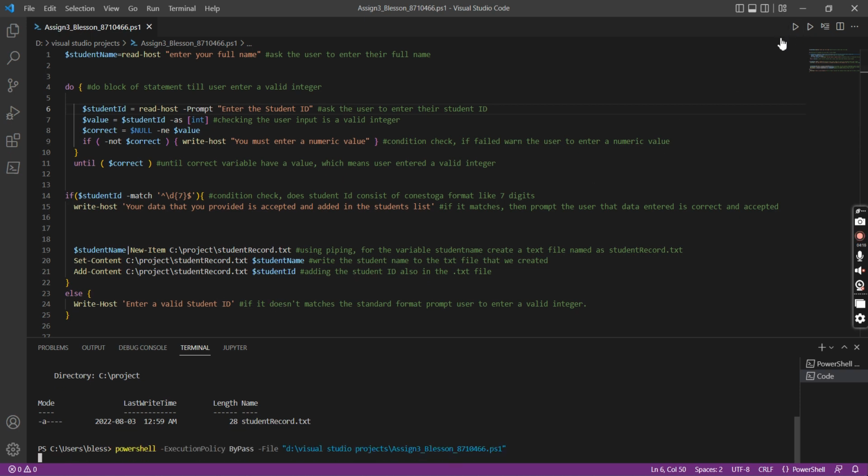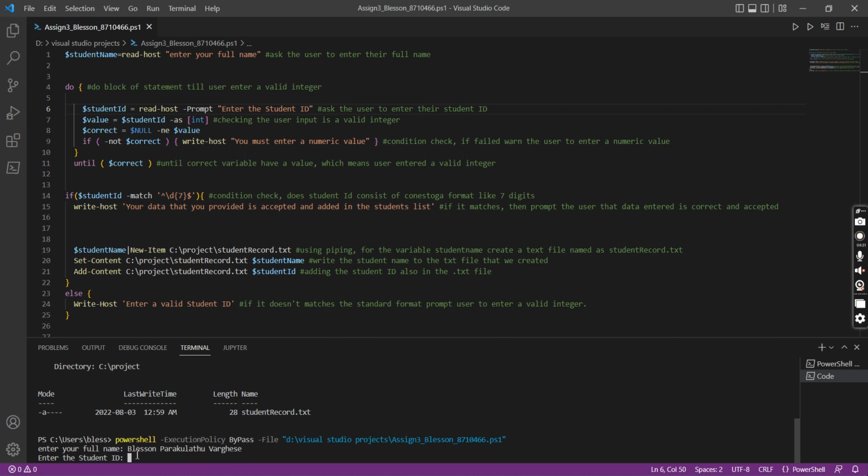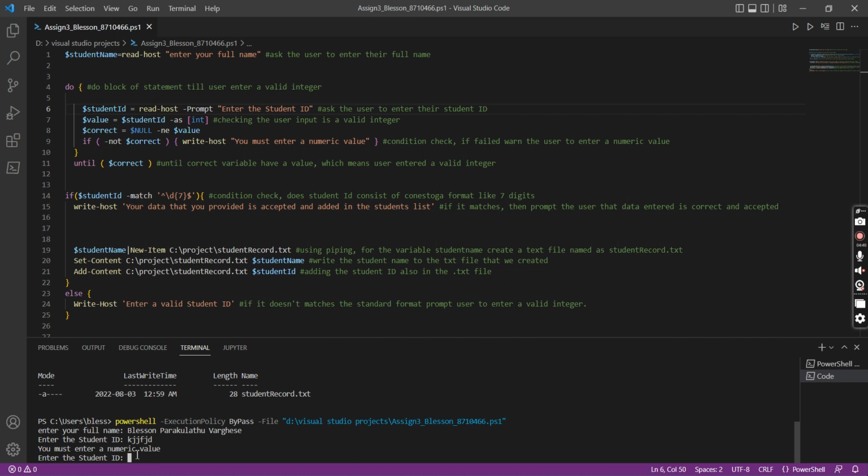So when we run this program, it asks to enter your full name. For example, I will enter my full name here, Blesson Paracular Varghese. So that's my full name. And then enter the student ID. In this case, for example, if I enter a value that is not an integer, it will give a message: you must enter a numeric value. So in the second case, I am giving my student number here,